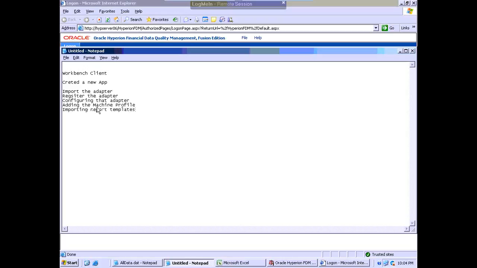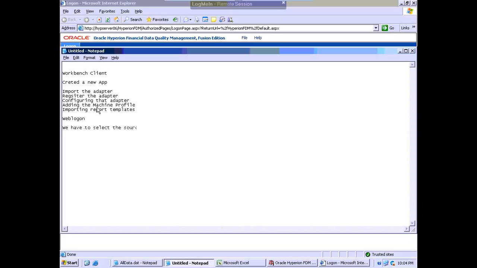Okay, now in this WebLogon, we are going to do the actual process. The actual process is nothing but how to import the source file into FDM. Before importing, what we have to do in WebLogon FDM, and how we are going to import, how we can invalidate, how we can export. Okay, so before going to do anything in this WebLogon, first we have to select